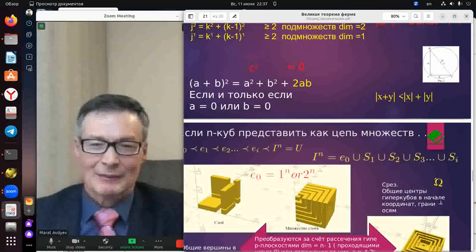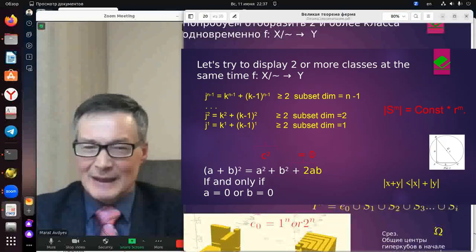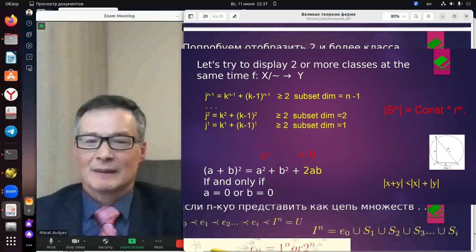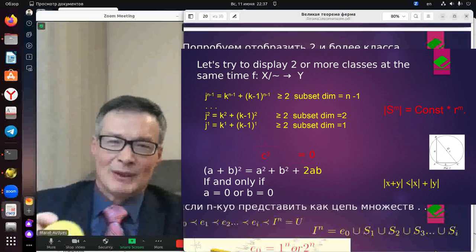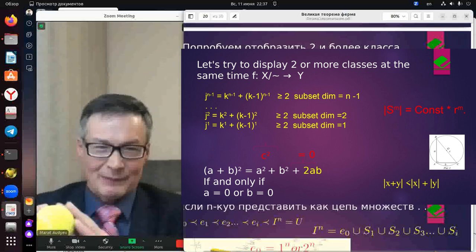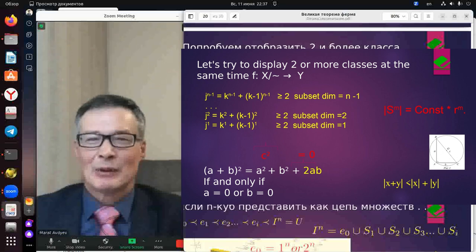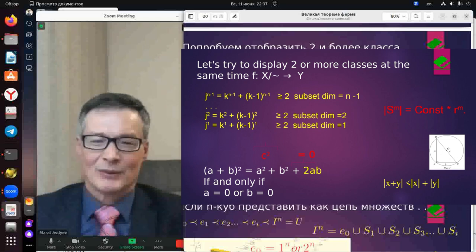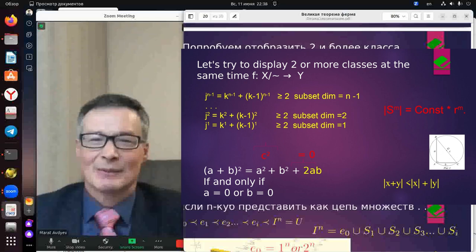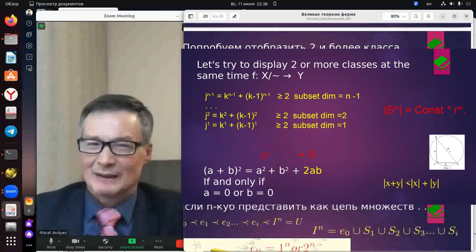What fundamentally changes for the n-dimensional case of n greater than or equal to 3? The number of equations in the above system becomes n-1, but it also remains unsolvable. In other words, the number of equivalence classes is greater than 1, while 1 is the 2-dimensional case of the plane.